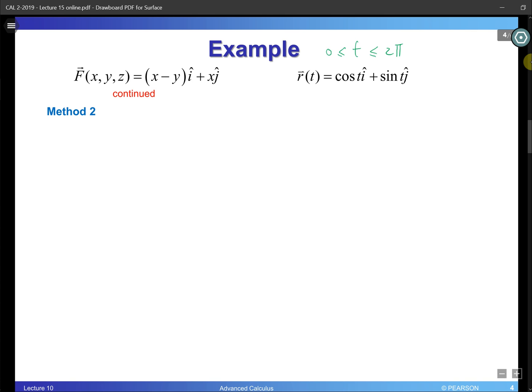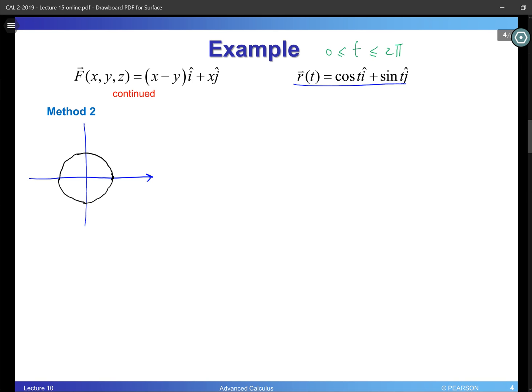Alright, so let's assume that you draw this graph before starting, and you draw this path r of t, and you can see that starting from t equal to 0, that's going to be this point 1 right here, and when time passes, it's going to circulate. This is pi over 2, and then when time equal to pi, it's going to get to here, and then when time equal to 3 pi over 2 gets to here, and then when it comes to time equal to 2 pi